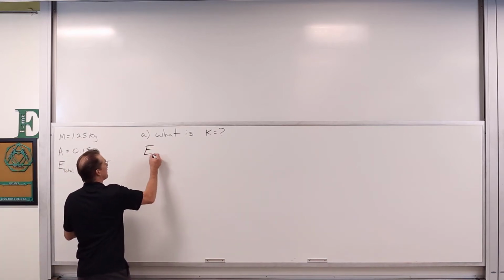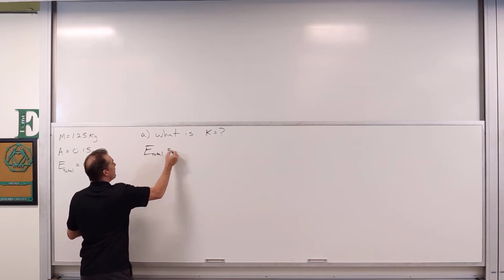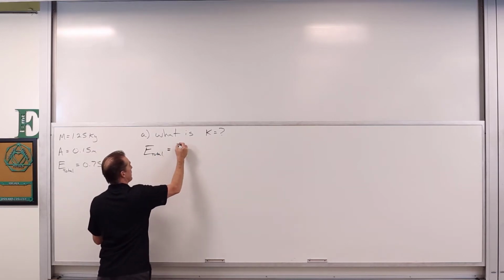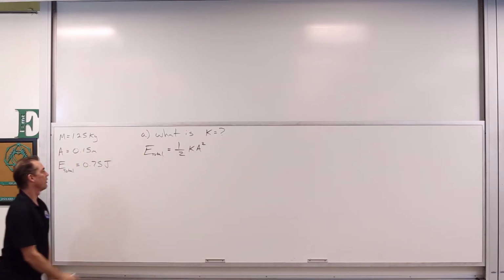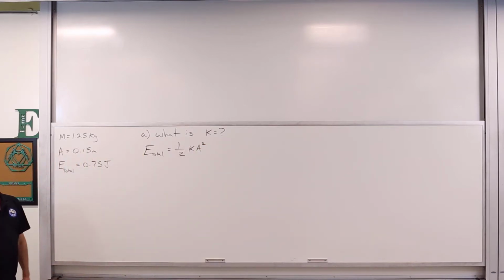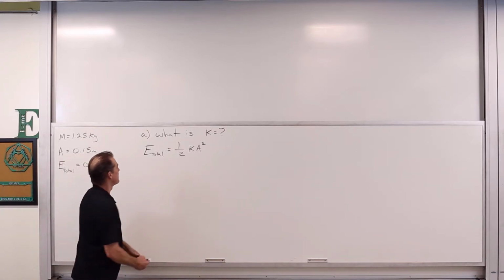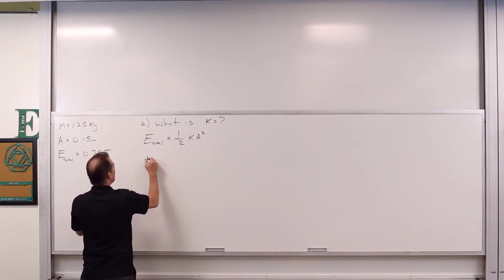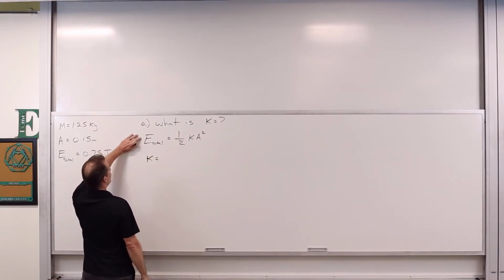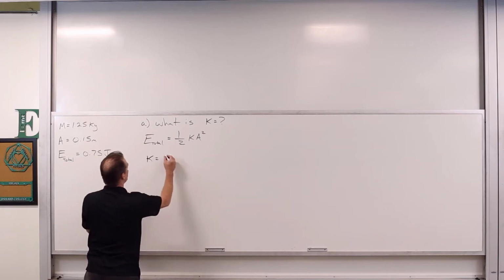That's right. The total energy of the mass spring system is dictated by the expression 1/2 K A squared. The total energy is the sum of the kinetic and potential energy, and we derive this out. So with this, we've got that K is equal to 2E total divided by A squared,